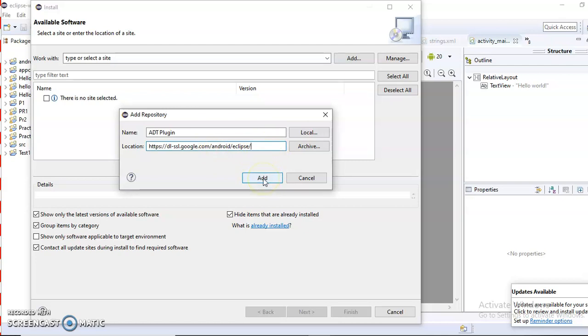Or the second option, you first download the ADT plugin zip file to a particular location on your device and then install it locally. Both options are available. Now click on the Add button to install the ADT plugin.